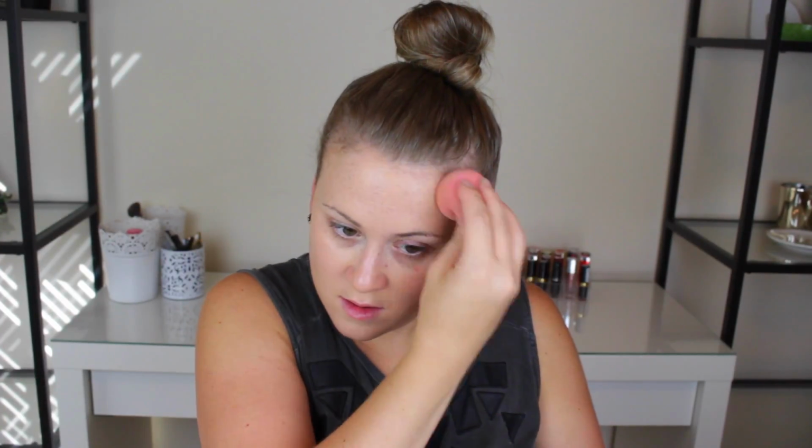This gives medium-ish coverage. I have really intense freckles, so there is no covering them. Good luck. I have yet to find a foundation that'll cover my freckles in the